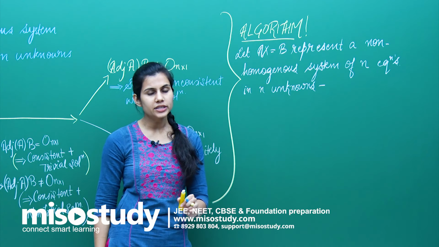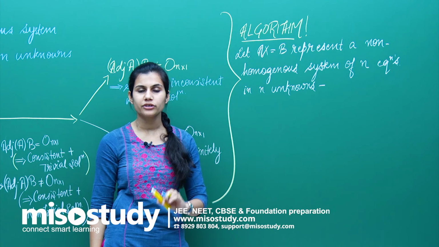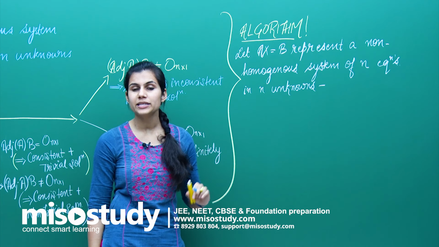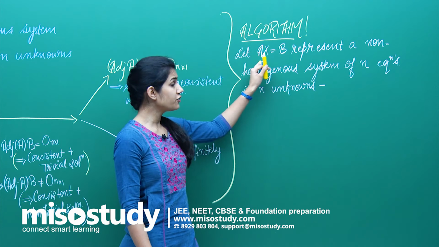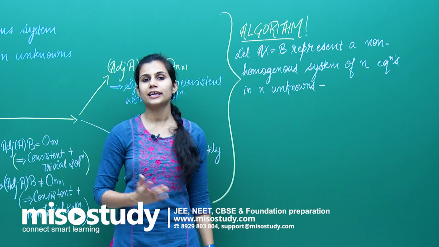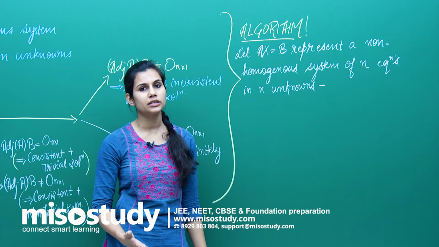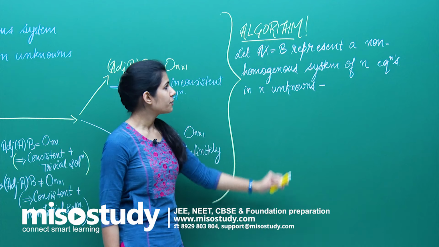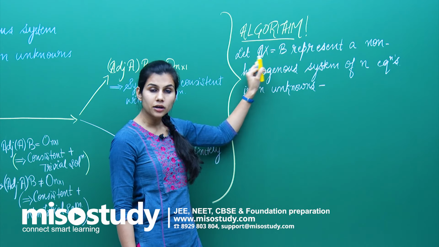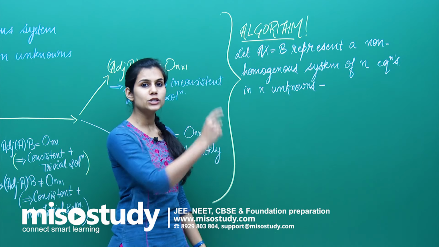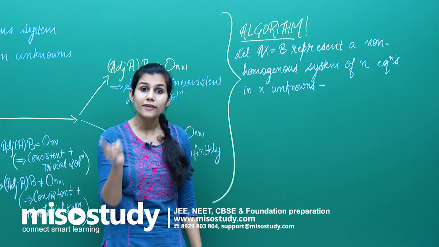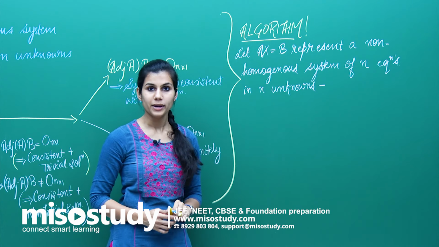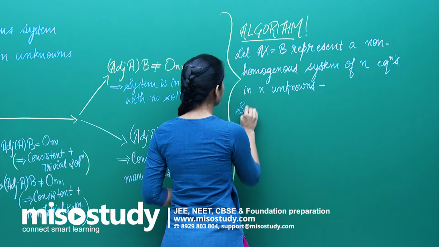We are always interested in expressing our system of equations in matrix equation form, because the moment things are expressed in matrix equation form, my coefficient matrix comes into picture, and then I can talk about its determinant and use the theory of its determinant to obtain the nature of the solutions of this system. So because I am focusing on the theory of determinant of a square matrix, I want that square matrix to come into picture, and so I want that my system of equations should be expressed in the matrix form. That is why the first step,